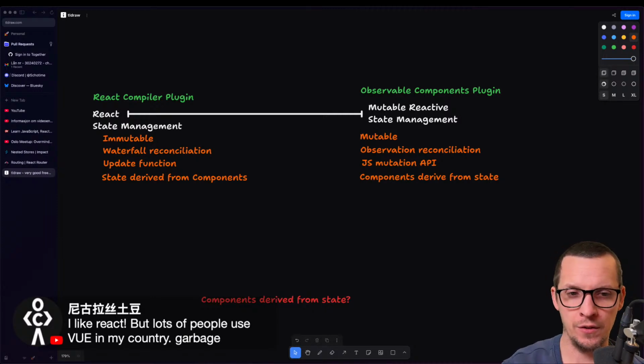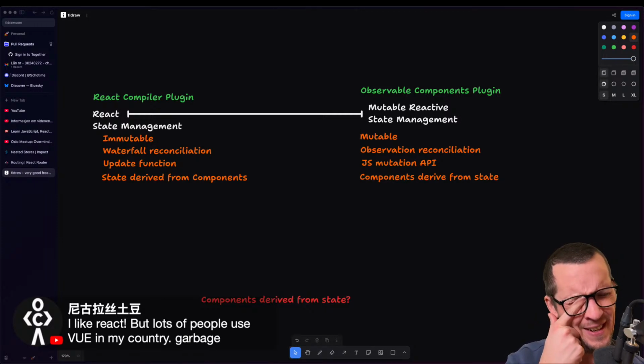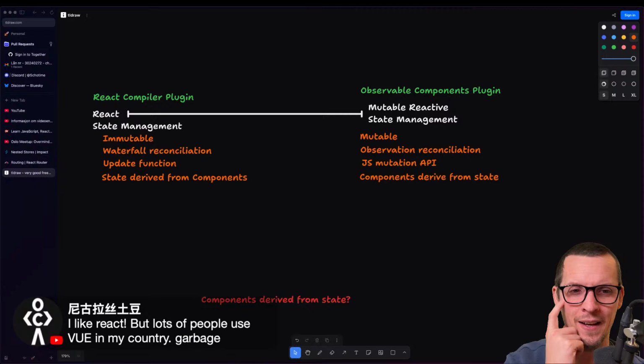So we tried to make it possible to write Vue JSX and function components, and it felt like React, right? But that's actually not possible to do, and one of the biggest problems was this concept they have, which blows my mind.